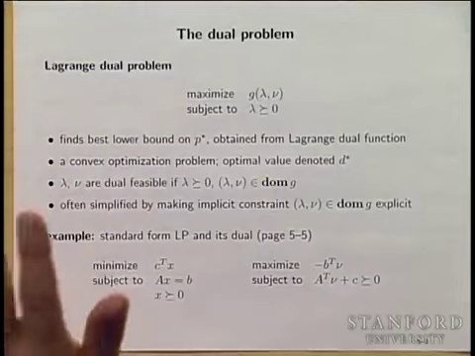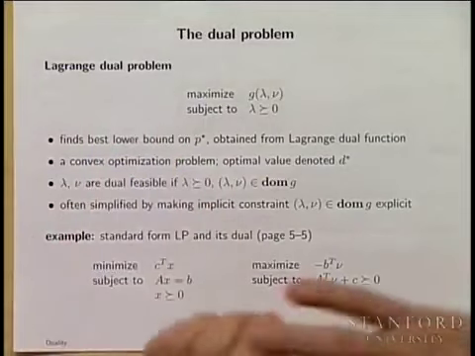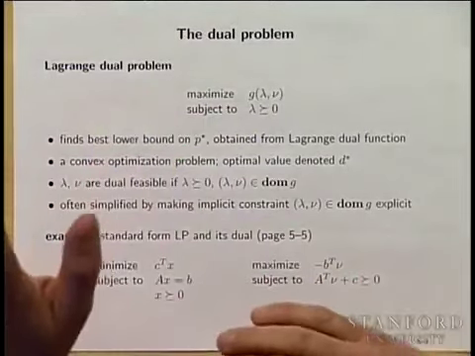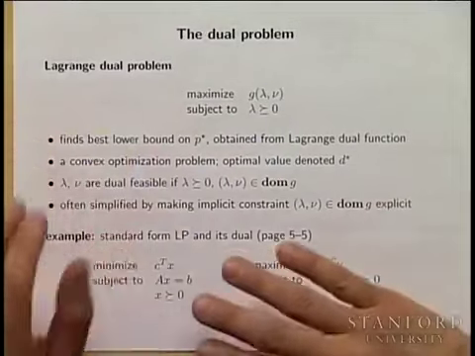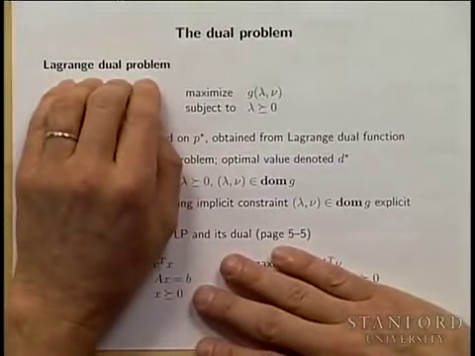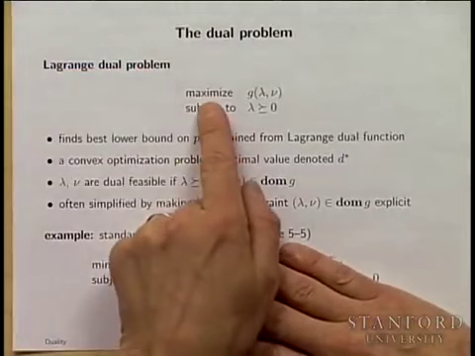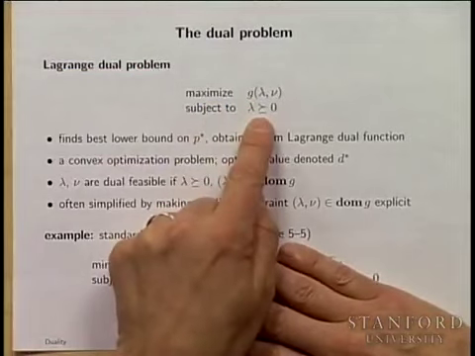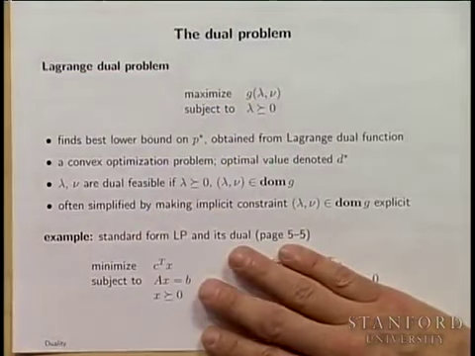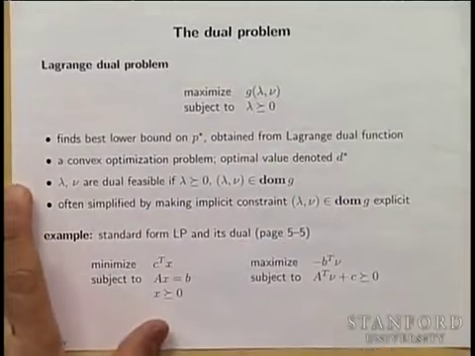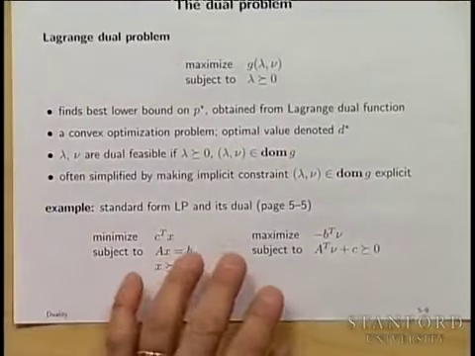We're actually going to see multiple duals, the way the word is used on the street. There are lots of duals, but we'll get it. For now, it really is the Lagrange dual problem. And it says simply maximize the dual function subject to this, period. Just subject to the lambdas being positive. That's all. Okay, now